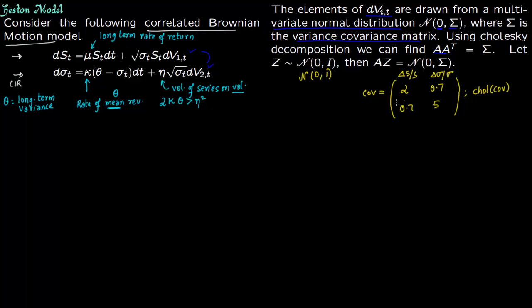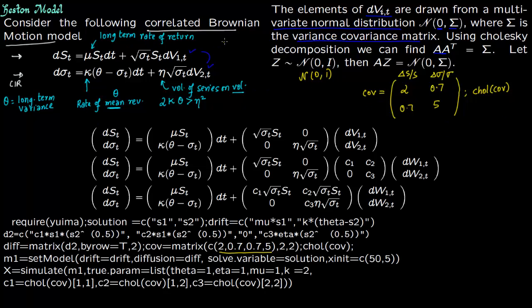Now whatever we have said, let us see this in action. The first step is you rewrite these two sets of correlated stochastic differential equations in this model. The left hand side is very easy, it just comes down like this. Then you have mu St, this comes right here, and this term comes right here. Then you have dt, and here again you have sigma t St, square root of sigma t St, and then eta square root of sigma t. This we have just copy pasted right here in matrix form.